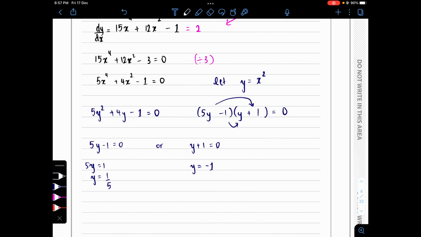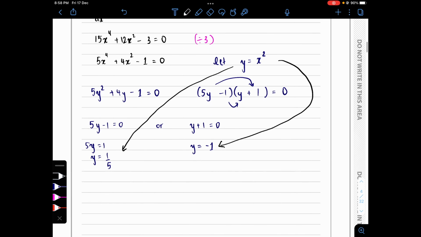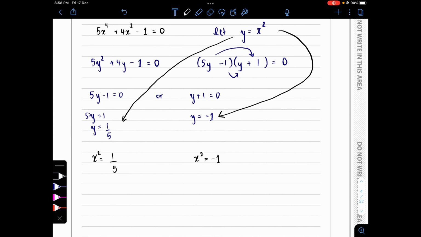So now remember, we need to substitute this back into these two y. So now this becomes x squared equals 1 over 5, and x squared equals negative 1. Now you can see over here, a square of some number equals negative value. So x equals square root of negative 1 plus or minus. Now this is an imaginary number, right? Now this is not part of our solution, right? So we ignore this value. Ignore this solution,